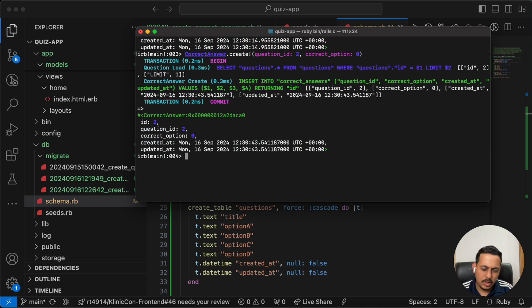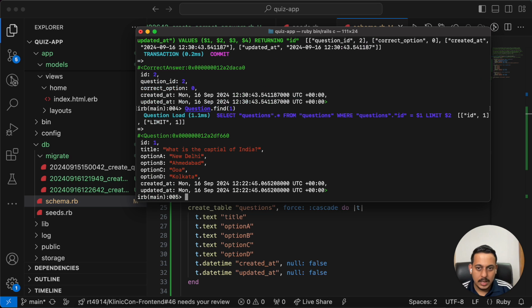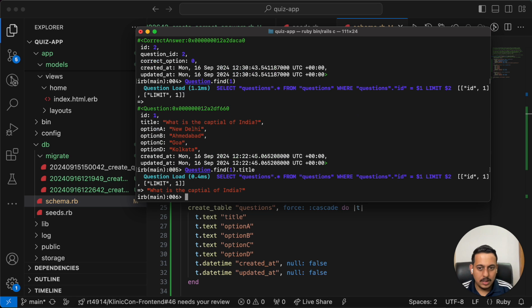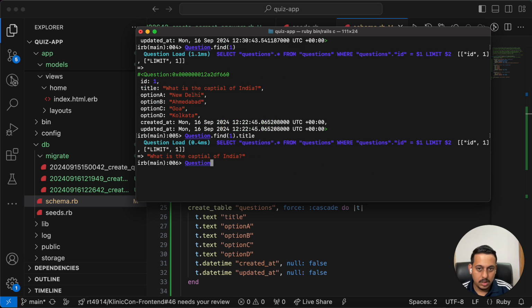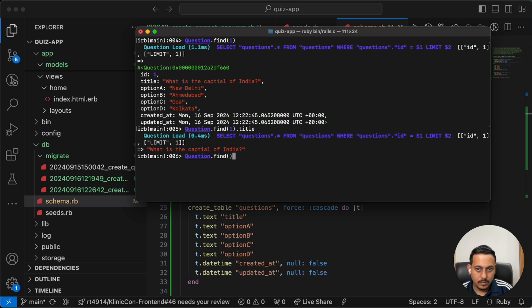Clear. Not clear. Okay. So now I want to try out something. Question dot find 1. Great. Now if I use question dot find 1 again, dot title, I can use the title and show it here. Great. Now I want something like this for answer also. Okay. I want to show dot answer. Question dot find 1 dot answer or